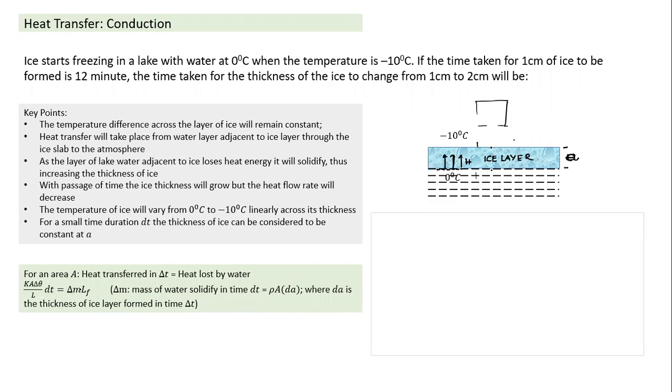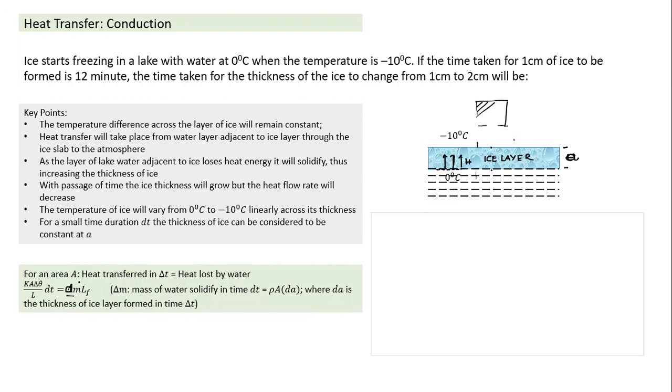What does delta M indicate? Delta M, dm, sorry, I could have written dm only. dm by dt indicates the rate at which mass is getting transferred, but I have taken dm here. And what is delta M here? Mass of water which is solidified in time delta t. But here I need the thickness of ice getting formed, so I'll write the mass also in terms of thickness. So where is this happening? It is happening over an area of A. So this much mass is getting solidified.